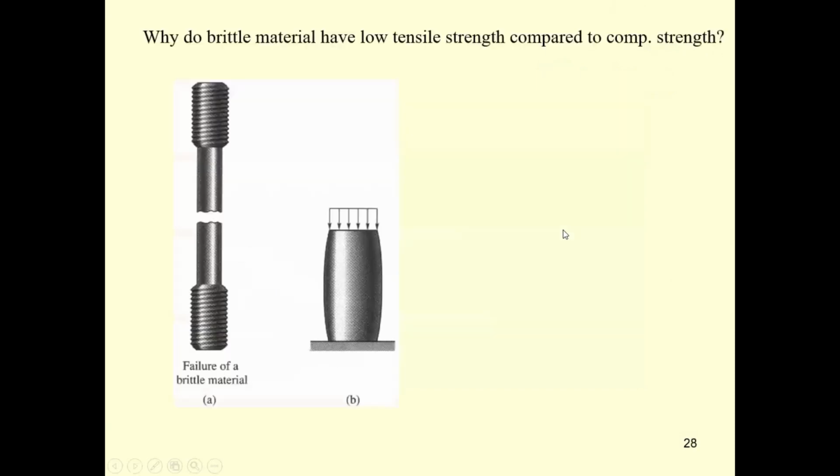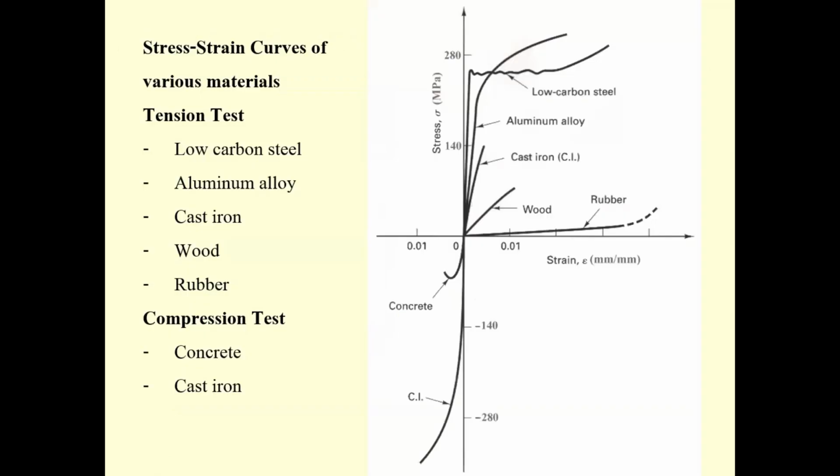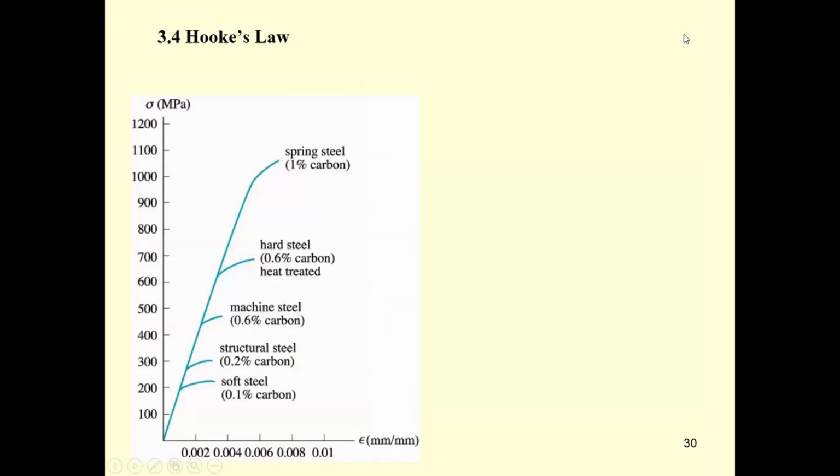Anyway, that's going to be the reason behind the failure of the brittle material, both in tension and in compression. The behavior is drastically different. And then there are various types of stress strain diagram. I would like you guys to recognize them and answer something. Which material is going to be the stiffest material? Which material should have the highest strength? Those kinds of things. I already mentioned that, so I'm going to pass it.